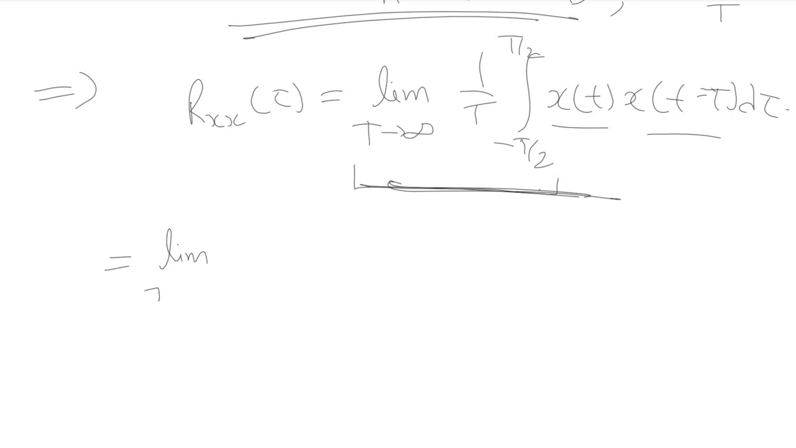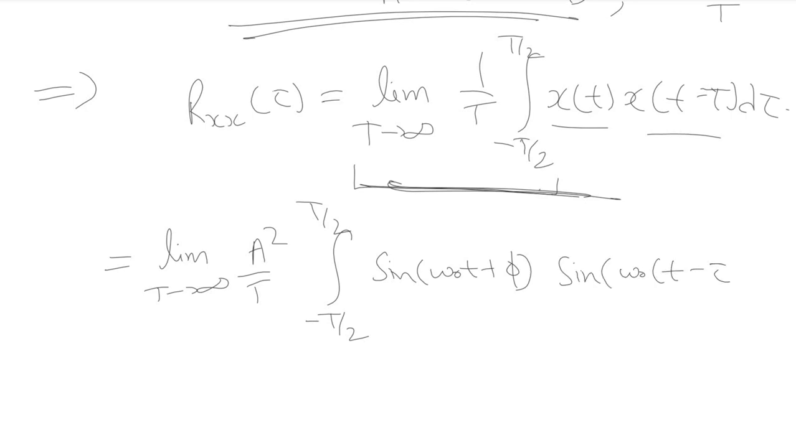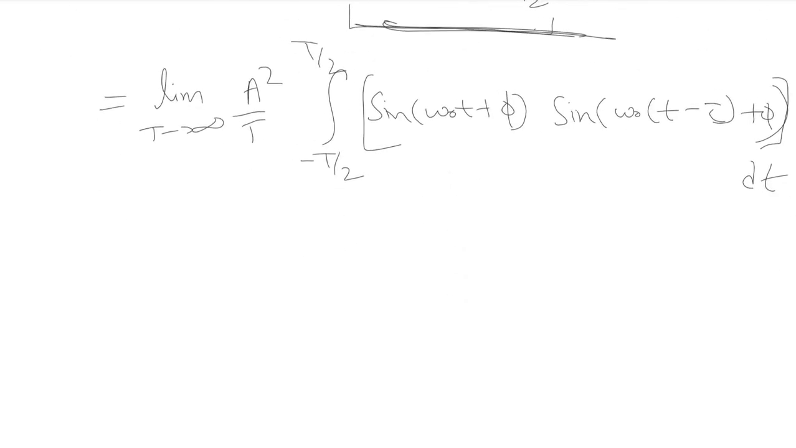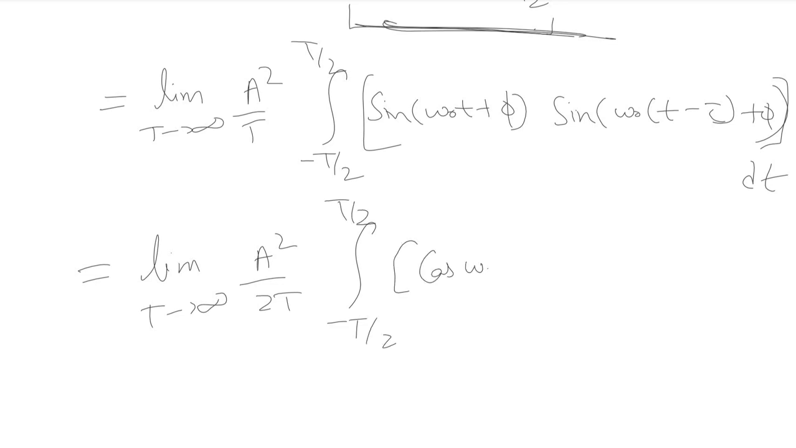It becomes limit T tending towards infinity A square by T integration from minus T by 2 to T by 2 of sine omega naught t plus phi into sine omega naught t minus tau plus phi, dt. This is dt, not d tau. Please make the correction of that. Okay, so let us simplify it further. Let us use some trigonometric identities here. A square by 2T and the integration from minus T by 2 to T by 2 becomes cos omega naught tau